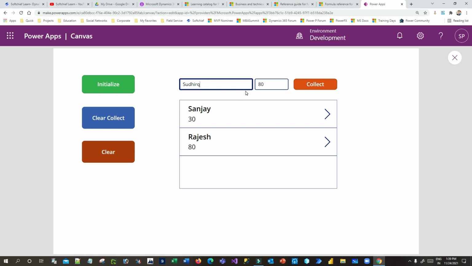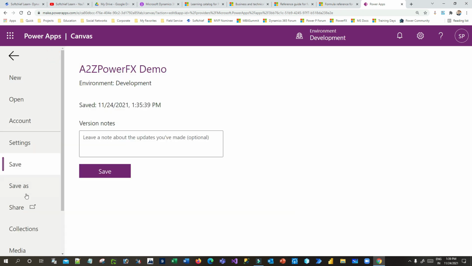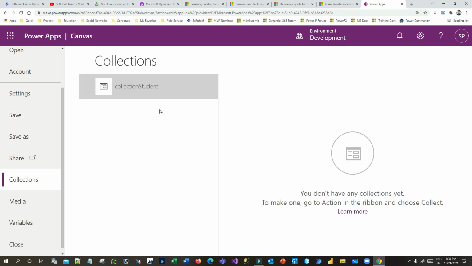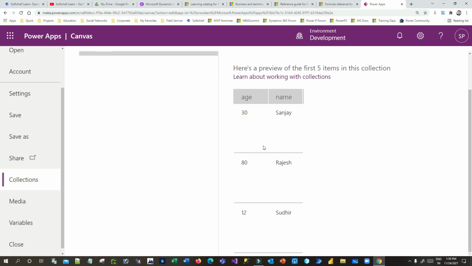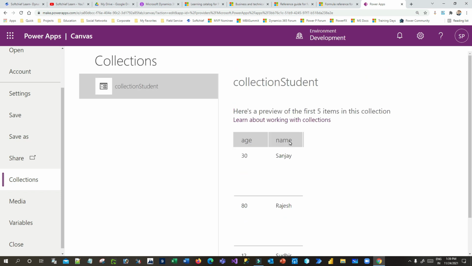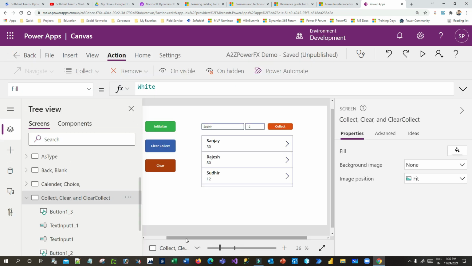Let's say I want to add another, collect. Now 3 records are there. Now if I want to check in the application how many items are there in the collection object, I can go here in the collection option and check. So these are the 3 records available in my collection object, right? So this collection object is temporary. If you go out of this application, then the collection will be null, right?